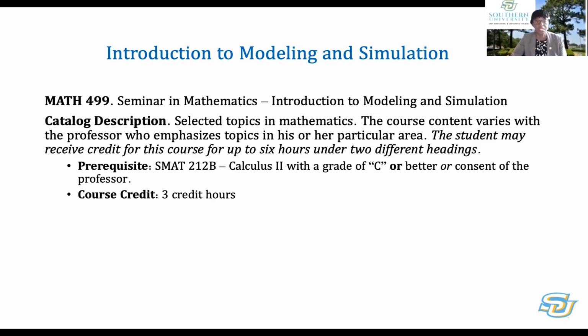So here I list the course description for Seminar in Mathematics. Seminar in Mathematics is a topics course, so the instructor picks the topic, and for the catalog description, it has prerequisites, the prerequisite of Calculus 2. You have to earn a grade of C or better, or have the consent of the instructor. The consent of the instructor piece was the flexibility that I needed to offer Introduction to Modeling and Simulation in this